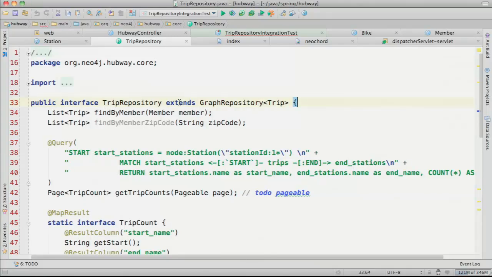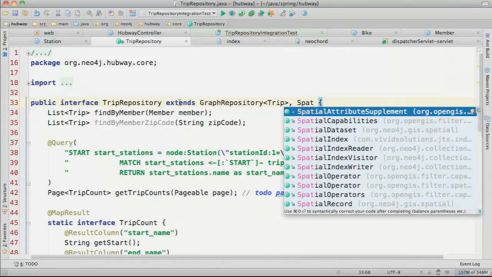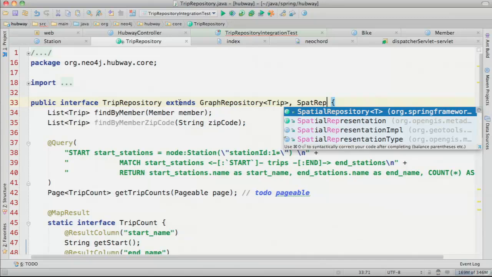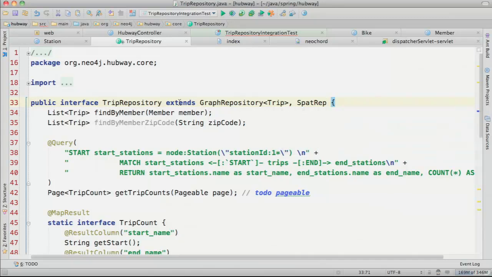If I want to use that, then I implement the spatial repository, graph repository layers, from trip.